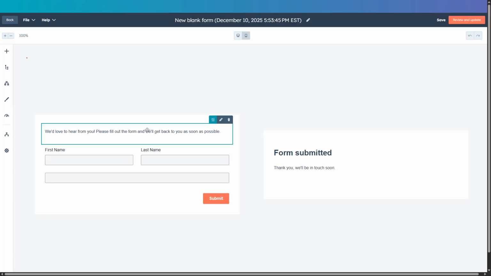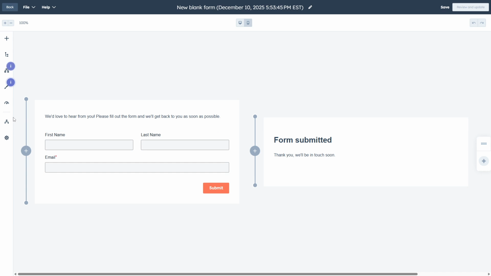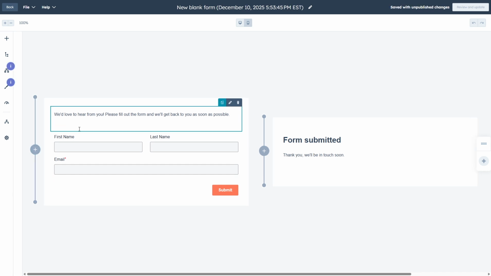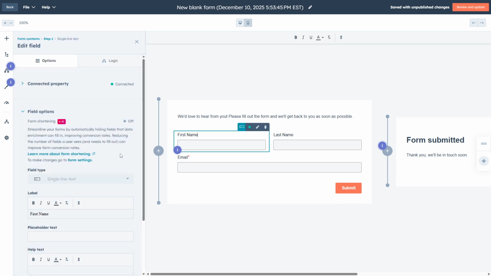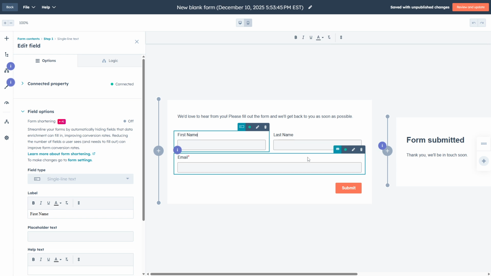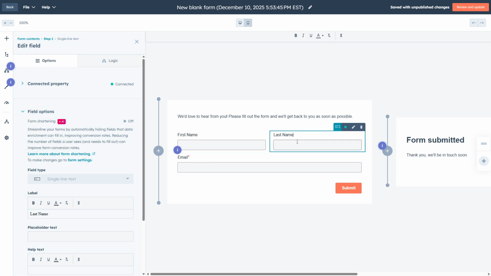This should be a drop-down or a radio select field. Something like country or industry works well. The trigger is the property that determines which other fields appear, so pick something relevant to the information you want to collect. To configure the logic, click the pencil icon to edit your trigger field, and then open the Logic